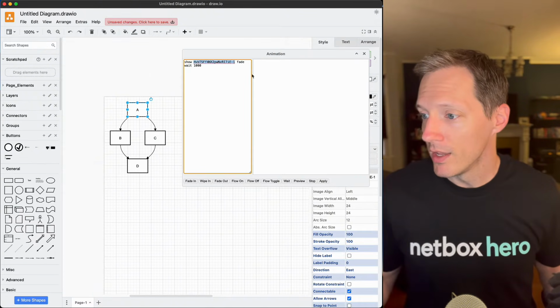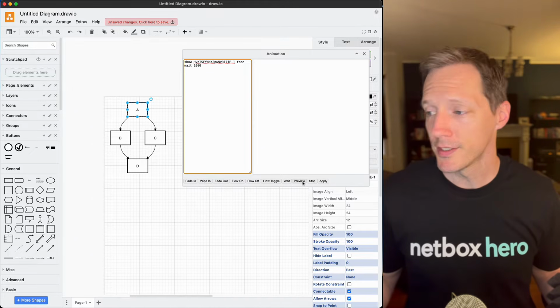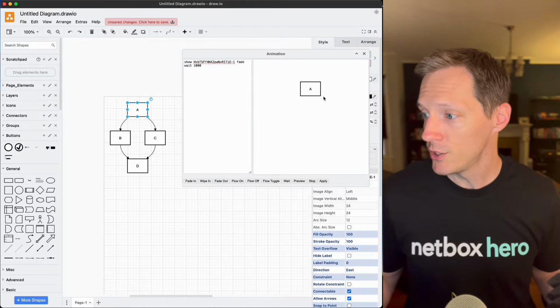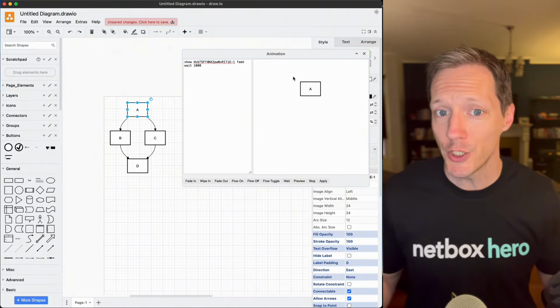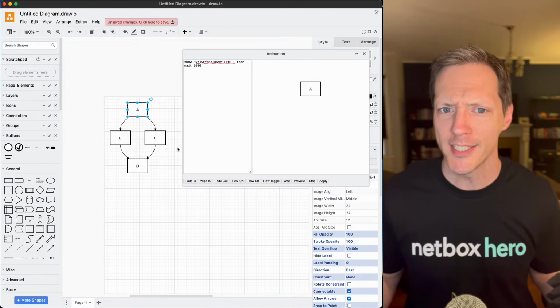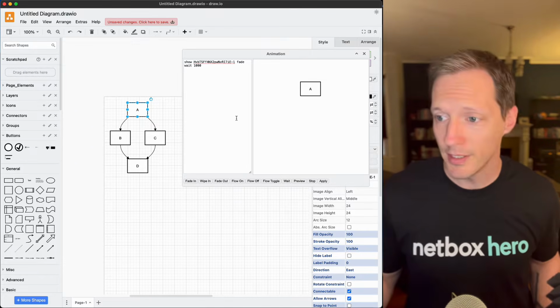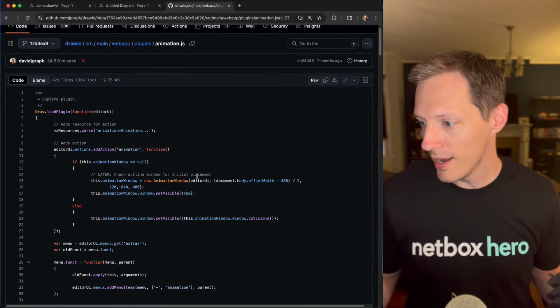Moving on. Now that I've got the first animation step, I can actually preview this. And sure enough, A shows up. Now this is showing me the preview of what will actually show in my browser. And you notice the things I haven't added animations to, they're not here. Why is that? Well, it's because, and remember, I had to read through the code to figure this out, up around